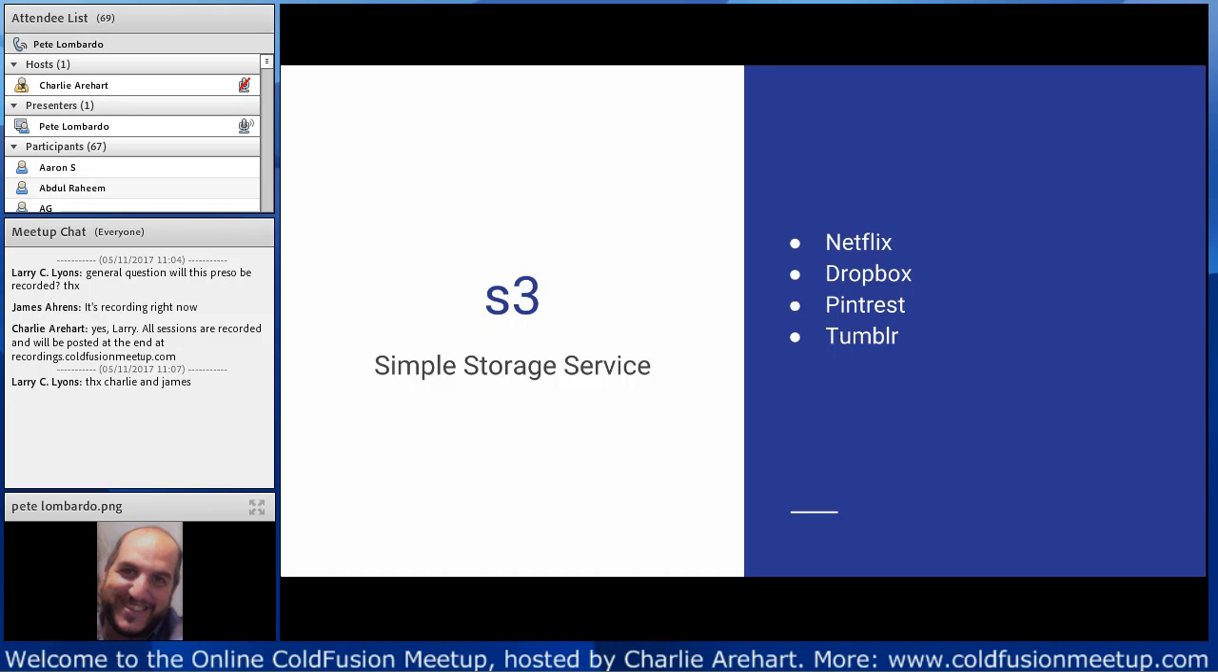So, Simple Storage Service, S3. Just as a few examples, it hosts Netflix, Dropbox, Pinterest, Tumblr, and lots of other mainstream services. If you're not aware, AWS clearly and definitely hosts quite a bit of very popular